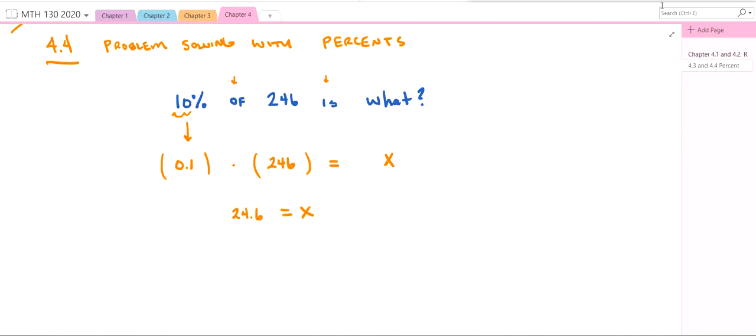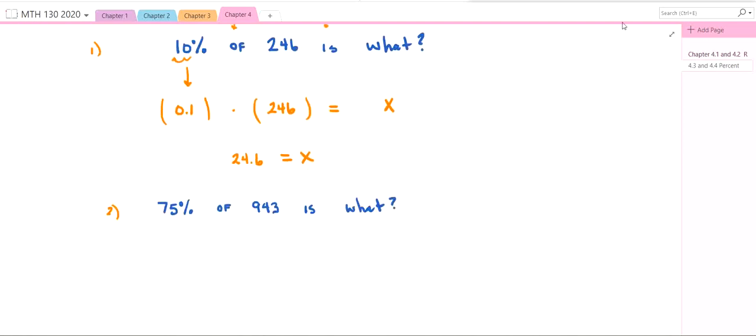Let's do another one. So 75% of 943 is what? Okay, so remember, put the multiplication sign in for of. 943 equals, let's put a variable in here, x. And for 75, I'd put in 0.75. But let's put in the fraction, or the proportion that represents that, 3/4. So 3/4 times 943 equals